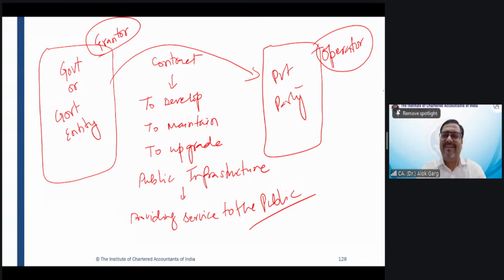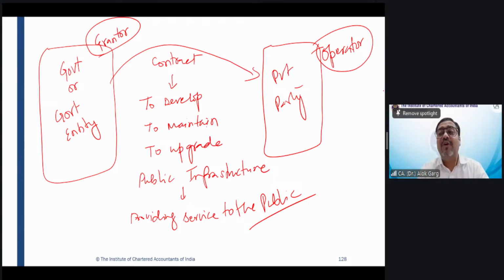So, what do you think? Are all these infrastructure projects constructed only by the government, or by private parties also? Friends, the government has limited funds, right? So the government always invites tenders from private parties to build infrastructure, operate it, and return it to the government after a certain number of years. This is known as a public-private partnership.